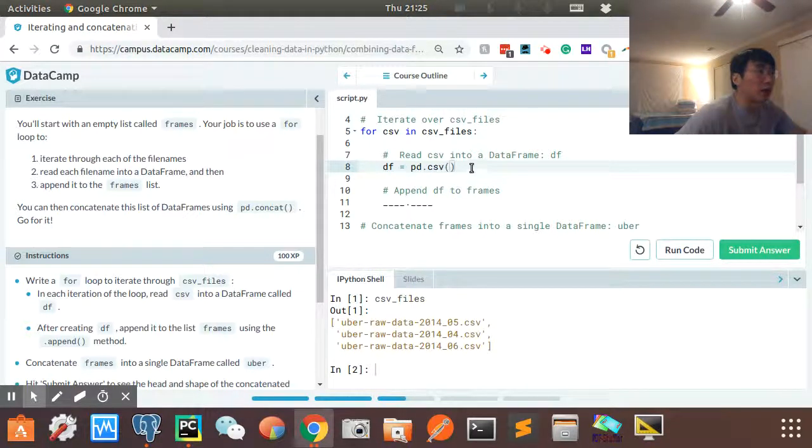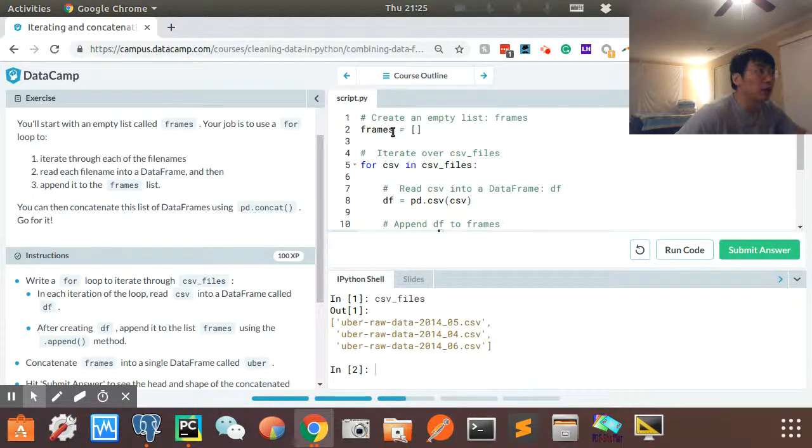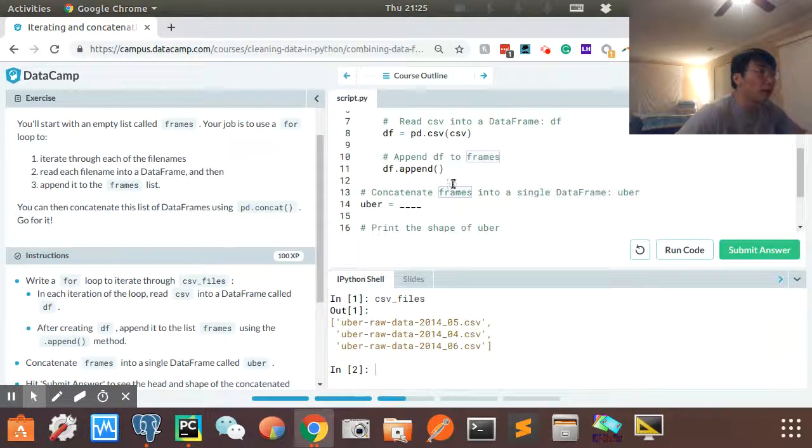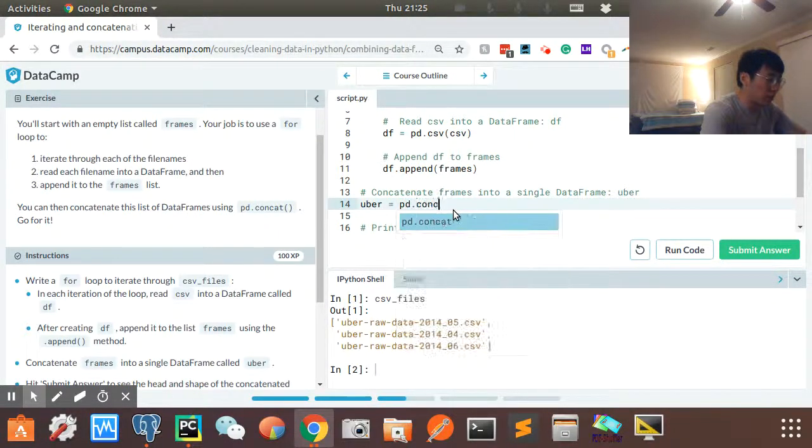You basically loop through all the CSV files here, and then you df.append to everything into this empty list, and you concatenate it. So if you concat this list,